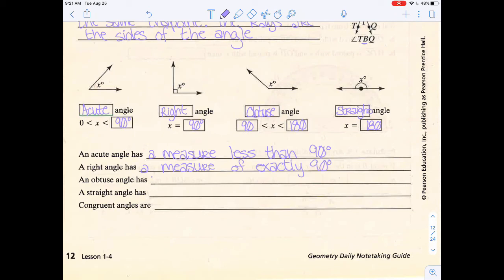An obtuse angle has a measure more than 90 degrees but less than 180 degrees. Remember, if I'm going too fast, go ahead, pause the video, write down what you need to, then keep playing it when you're done. Okay, a straight angle has a measure of exactly